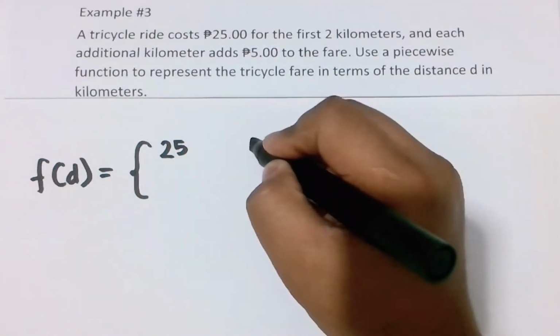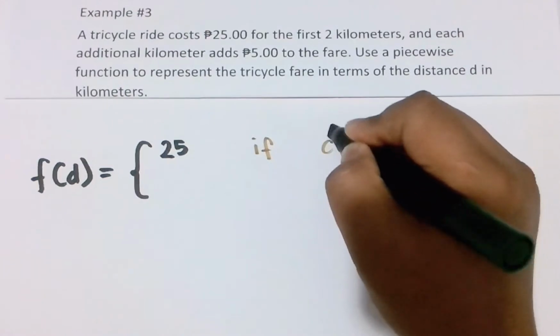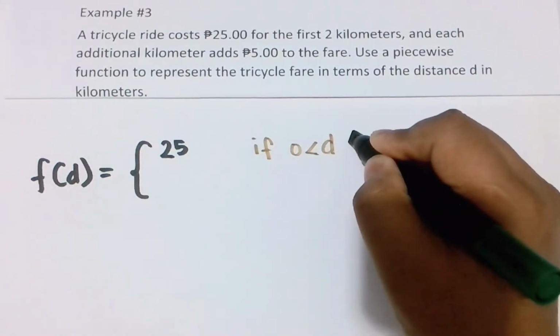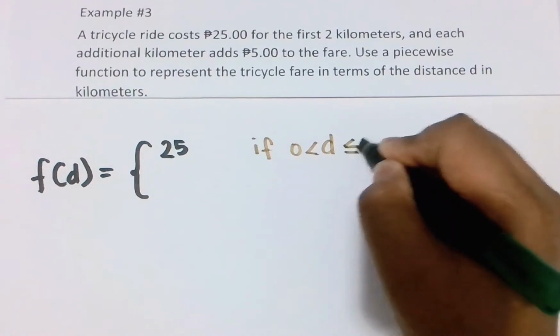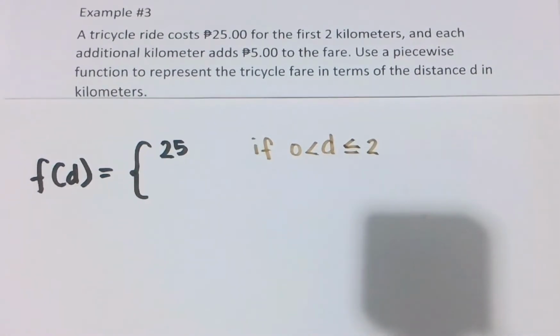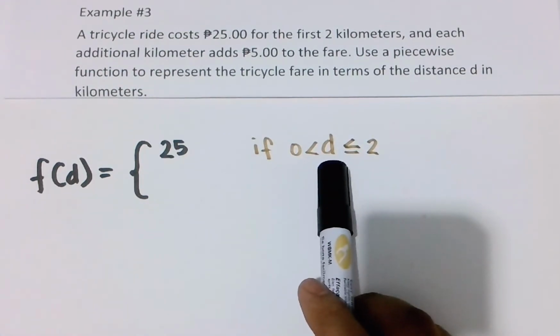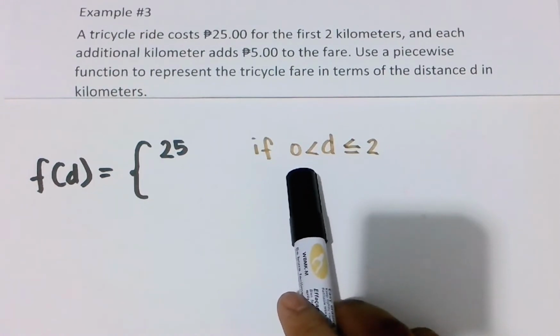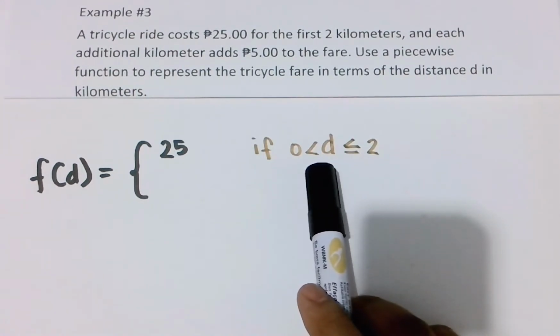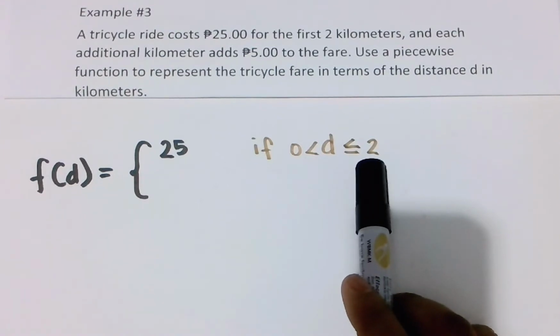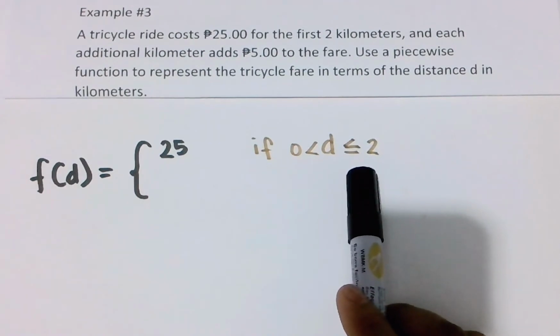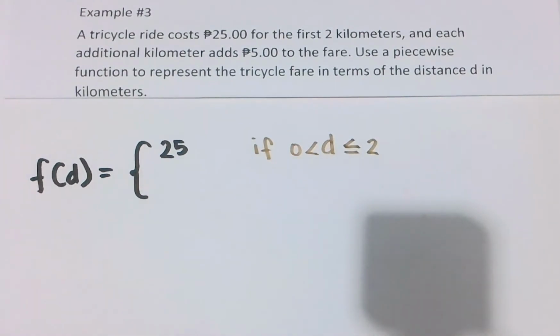So therefore, if d is greater than 0 or less than or equal to 2. Okay? So, ibig sabihin yan, yung layo ng maita-travel ng tricycle, and that's the distance, if it is greater than 0, of course, greater than 0 is 1, okay? And less than or equal to 2, so it could be 2 kilometers or less than that, ang pamasahe ng tricycle ay fixed, 25 pesos pa din. Hindi siya mababago. Okay? However, if the tricycle travels